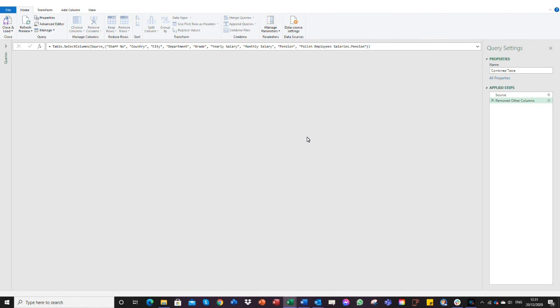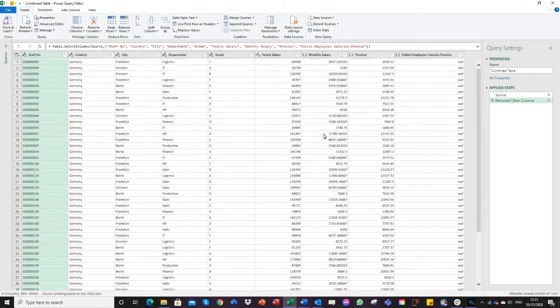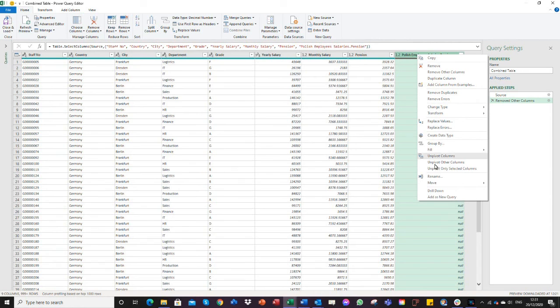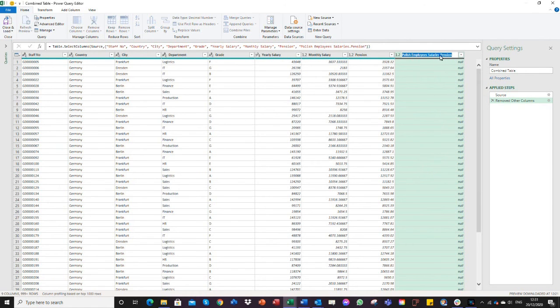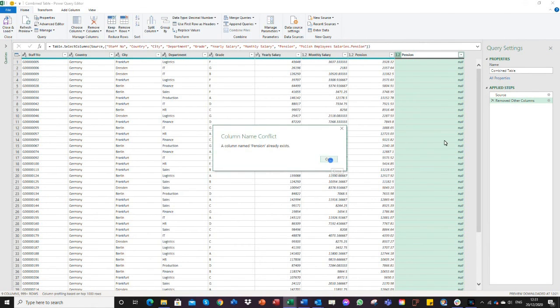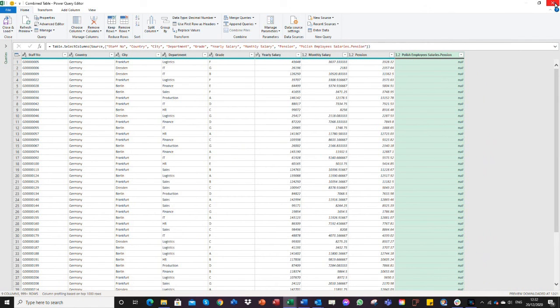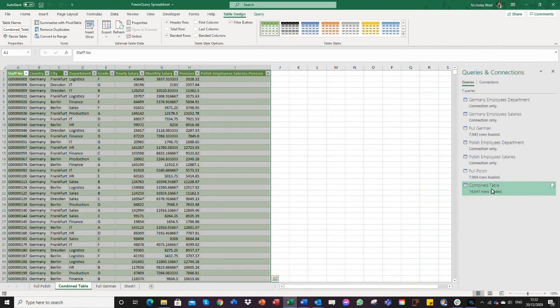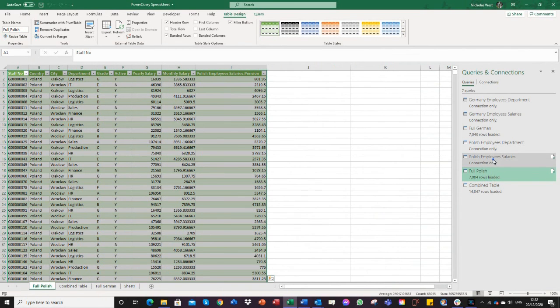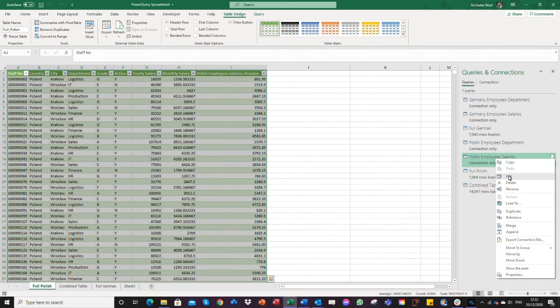and wait till it opens up. Now you can do this with all of the columns you wish to make it convenient for you, but if I right click on this and then go to rename, it gives me the option to rename it. I'm just going to take out the whole prefix there, and then when I go close, okay, it doesn't like that. Yeah, wrong one. Okay, so if I come back out of there, I've gone into the wrong query. It's not the combined, it's actually the Polish salaries. So if I go into Polish salaries,